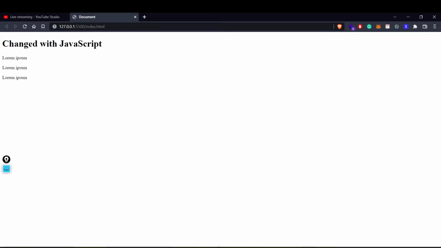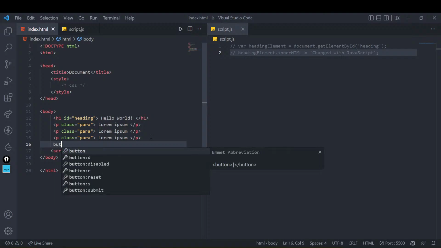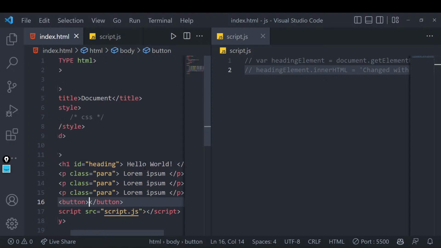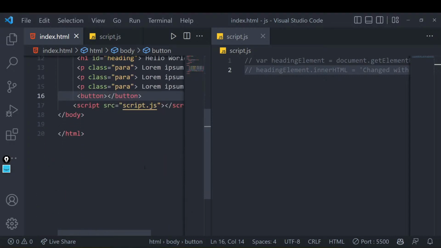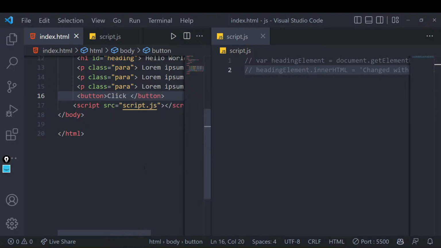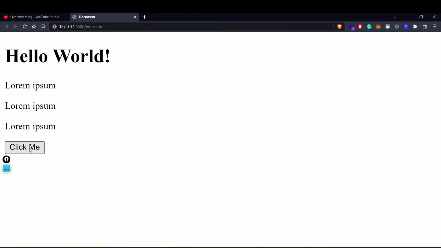So this was all about the events that we did in the last class. Let's remove all of these things because we don't want them now. Now suppose I make a button. It's a very simple thing that I'll be showing. I hope it is visible to everyone. Suppose there is a button that says click me, and now you want to do a particular thing when someone clicks that button. Let me zoom this in. Now if I click on this button, nothing special is happening.